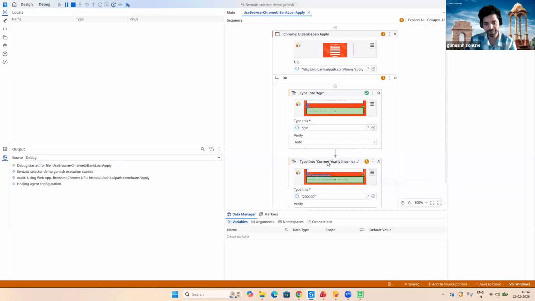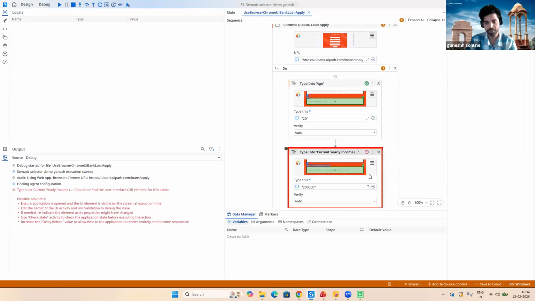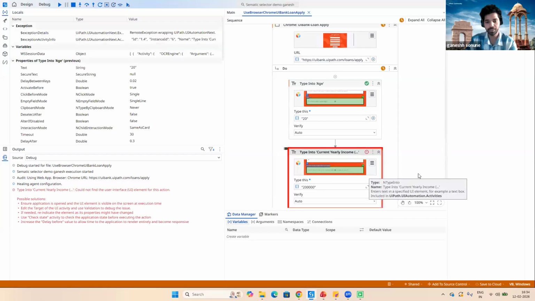Okay, while performing that activity, it's failing because I changed that UI.